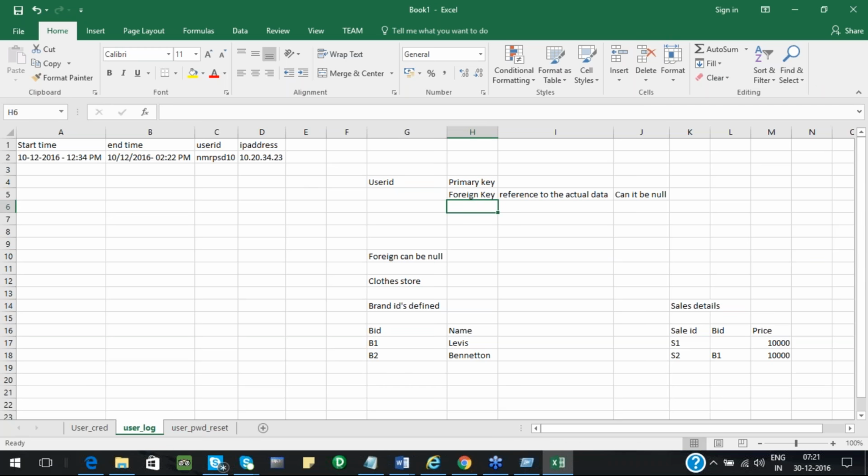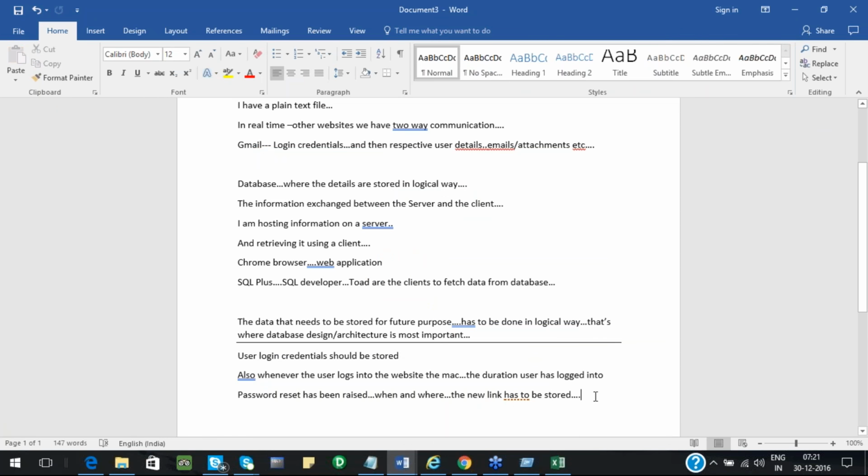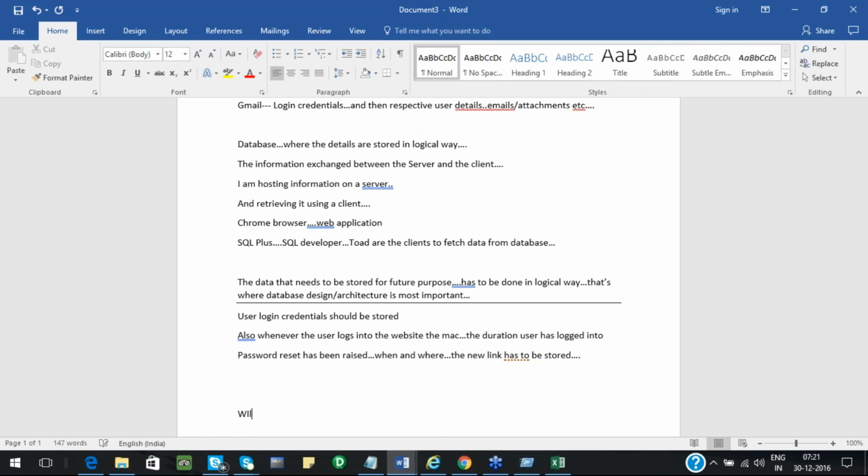So in the coming sessions, after Agile testing is completed, we will continue with database testing. There we'll have a detailed discussion about all these areas, and I'll give a simple example. You can go and look into it. Now, the expectation from this training is that we'll let you know how to check the UI and DB.